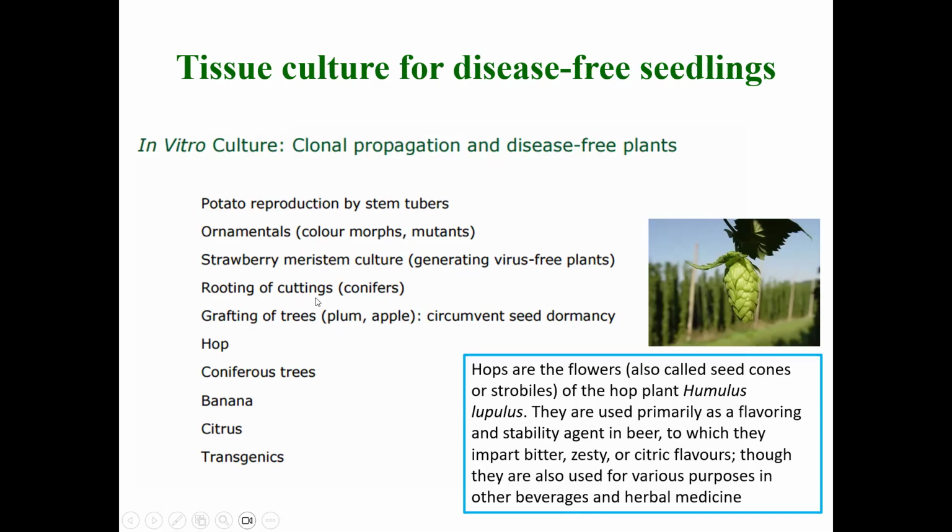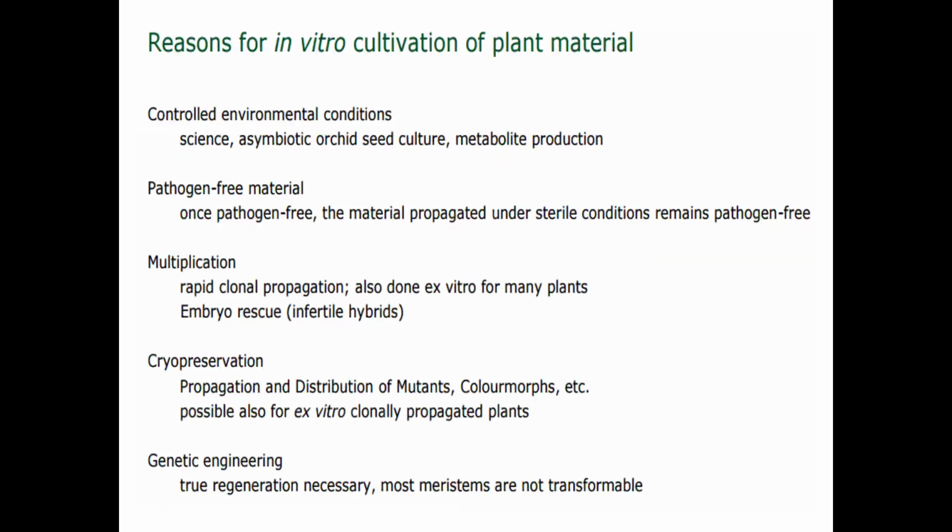Rooting of cuttings, conifer, grafting, palm, and many others. Banana, our country is also doing tissue culture. So many plants worldwide are being commercially propagated, especially ornamental plants, flowers, exactly maintaining the mother plant. Tissue culture